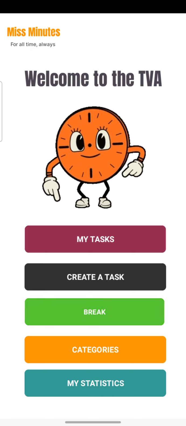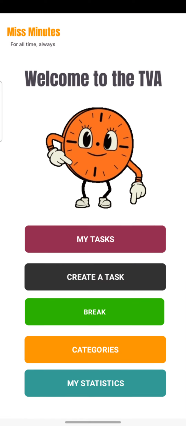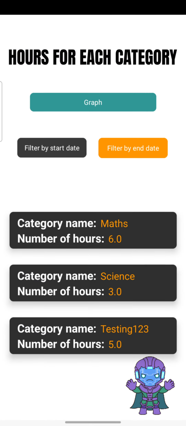So now let's go to break. This is the Pomodoro. It's a timer that we have. It's one of our additional features of the application. Now let's go back. As you can tell, we have the animated study buddy Miss Minutes. Now let's go to